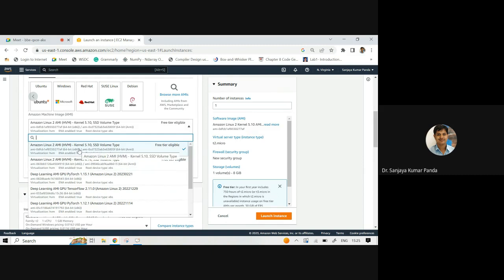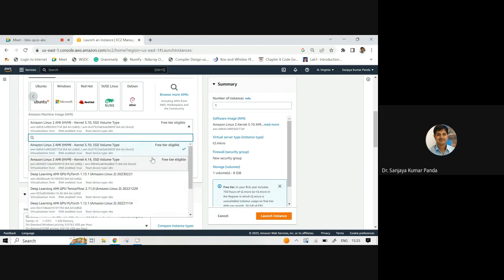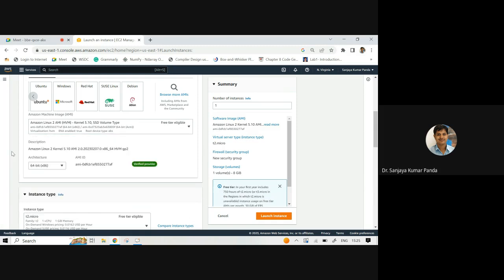You cannot create as many instances as possible. You cannot create big sizes of instances; these are not applicable because you are in the free tier. Now you can see in the free tier they are giving you 3 different instances, so you have to choose one instance out of these 3 instances, right?